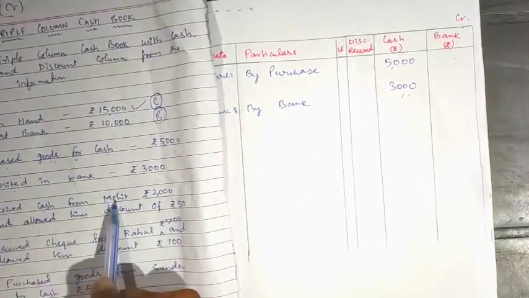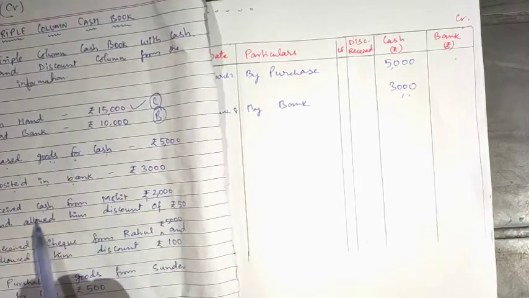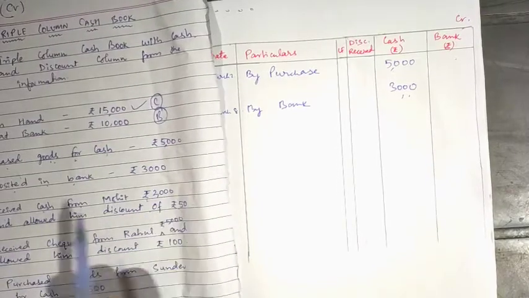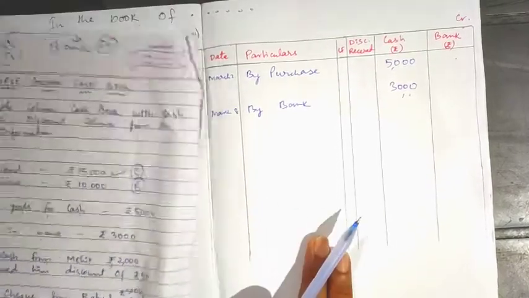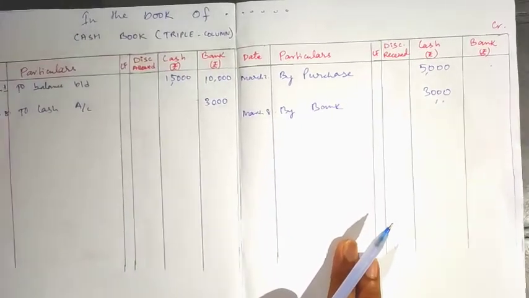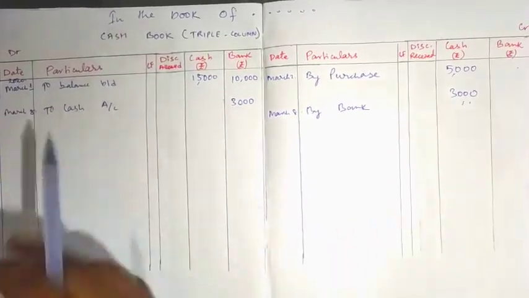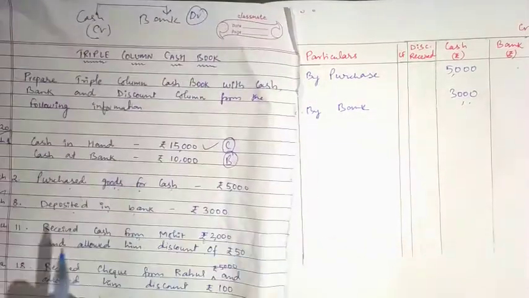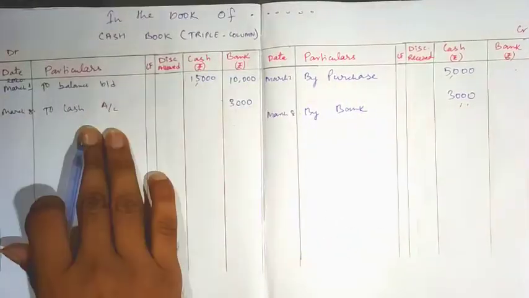Received cash from Mohit for rupees 2000 and allowed him discount of 50. So received cash. Now cash is received, so we'll write on the debit side. Debit side means what will be the date? Date will be March 11. So March 11 will write